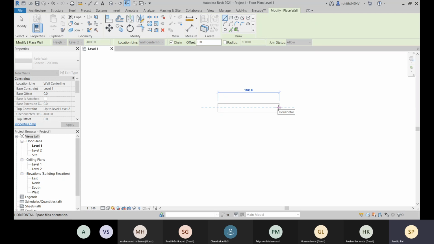So if I need to place my wall with the center line, then I will choose the location line as the center line. Now let me place it. Here you can see it is continuing from that end of this wall segment, right? Because this chain is selected. And now when I'm placing this wall, you can see that there is one break, right?